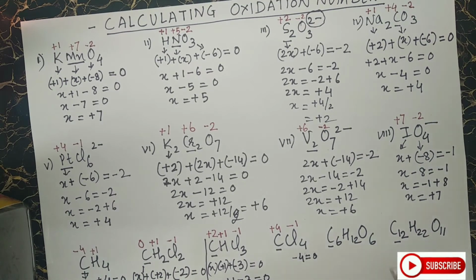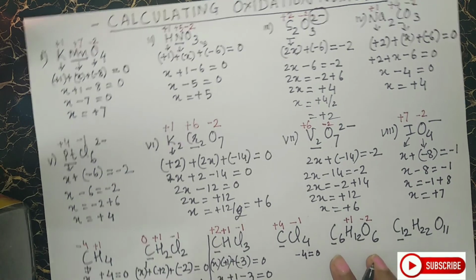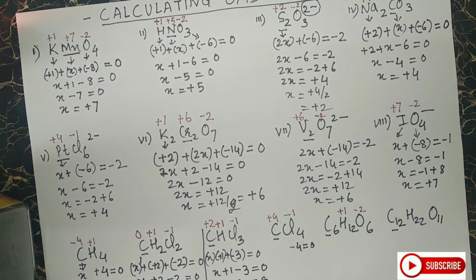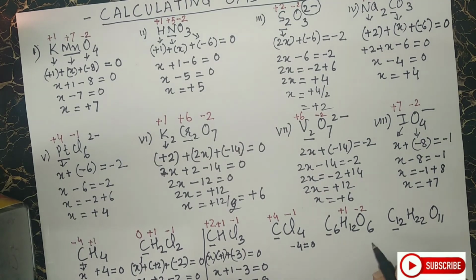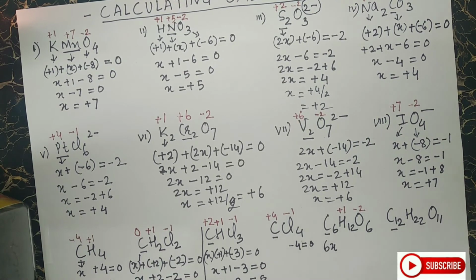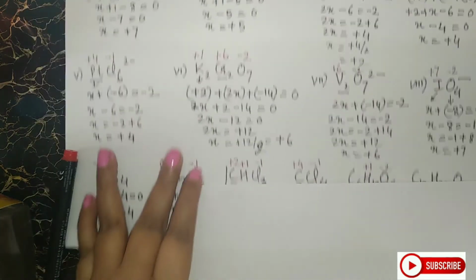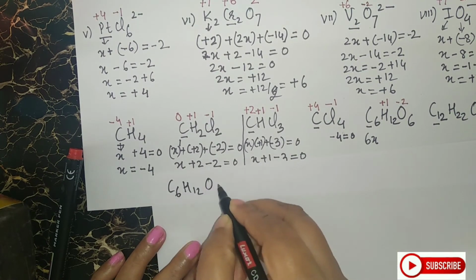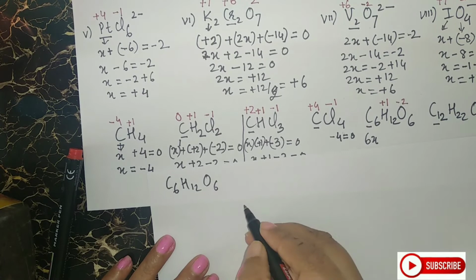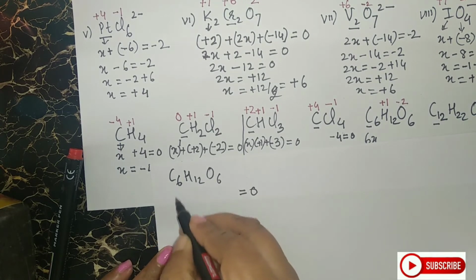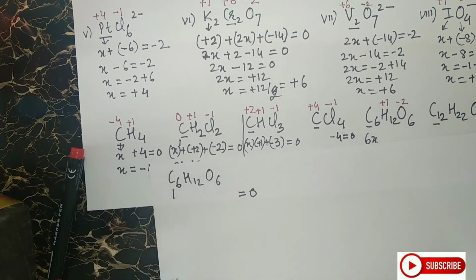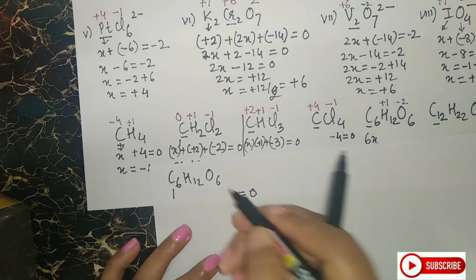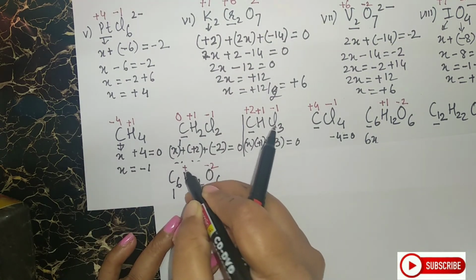Next, if I see this, oxygen is -2, hydrogen is +1. Let us assign for carbon. So we will do this in detail. So here I will be having 6X, or we will continue this. So the molecule here is C6H12O6. If you see the molecule, it is neutral, so the total must equal 0. I will write the oxidation states also here, like I have written here. This will be -2, this is +1.